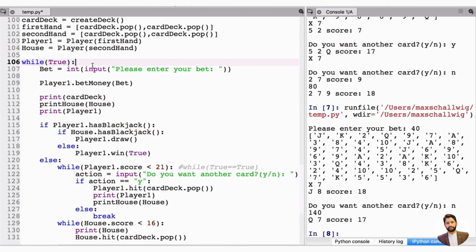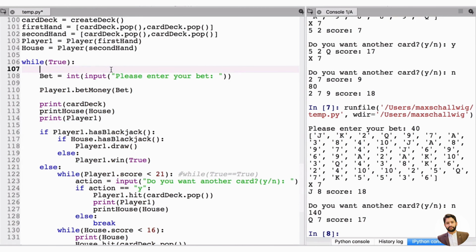And the first thing that we need to do before we even ask for the bet is we should probably check if the deck needs shuffling. So the first thing that we do before anything is let's just check, does our deck have enough cards? Now what is the condition for having enough cards? Well, let's say we have no less than 20 cards. So if our card deck,